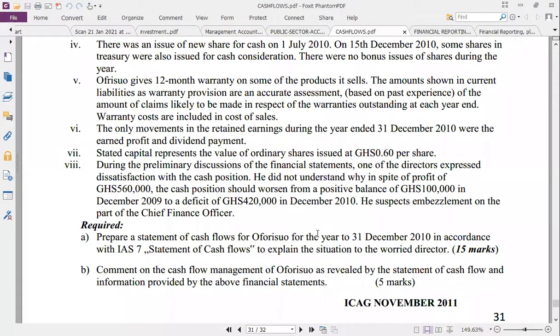We use the cash flow to analyze whether the company is operating well or badly. Look at where the chunk of the money is coming from, where the chunk of the money is going. So no, this company does not have a future. If you look at your cash flow, it doesn't have a future.